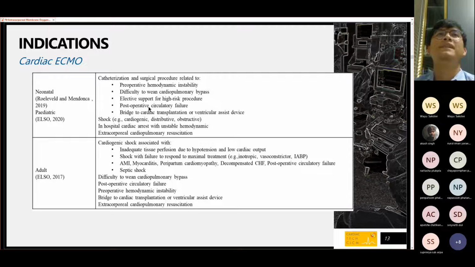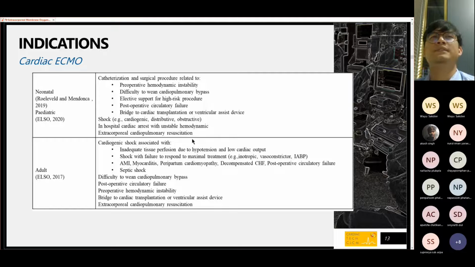So it can be say it's gonna support for the shock and ALS and so on, and also support the people before coming to do the procedure, for the high risk procedure, before the cath lab, and also before